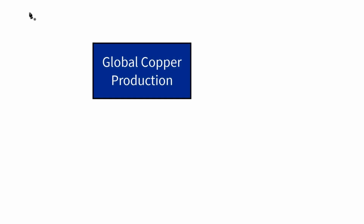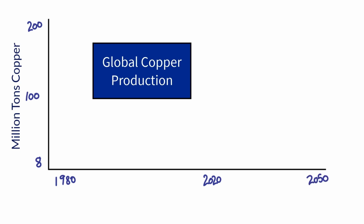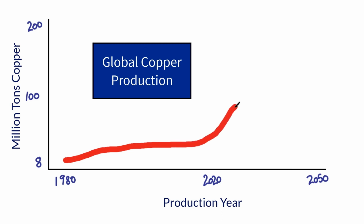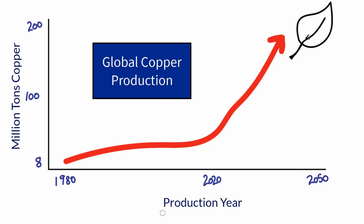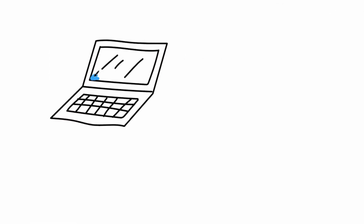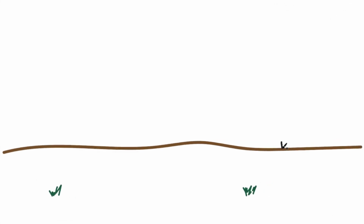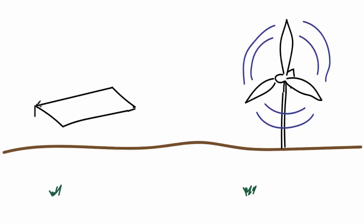Copper is one of the most important global infrastructure metals, and demand is rising. In 1980, less than 8 million metric tons were produced globally, a figure that more than doubled by 2019. And a recent World Bank report suggests demand for copper could rise tenfold by 2050 as the world moves towards a low-carbon future. Reasons for increased demand include more widespread use of electronics, renewable energy infrastructure such as wind turbines